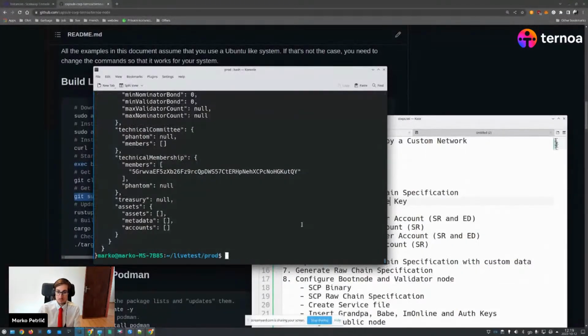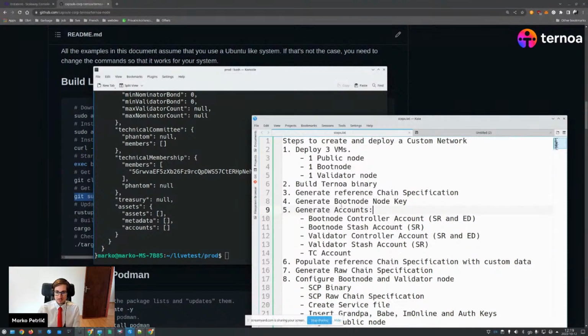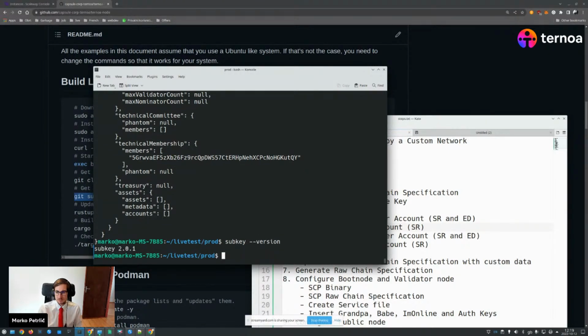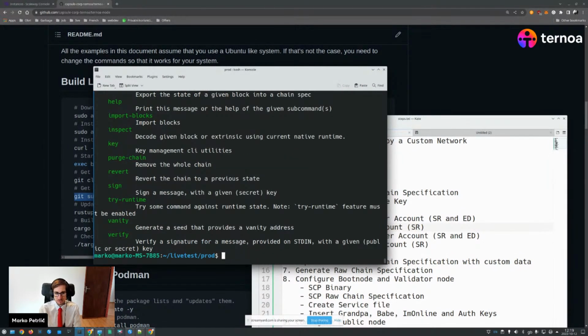So we're going to follow the next step, and now we need to generate a boot node key. We can do this in two ways. One way is to use the subkey program from Parity, which is used to generate all those keys. I think we can do the same by just calling the Tanoa binary. If we do help here, we will see it's called